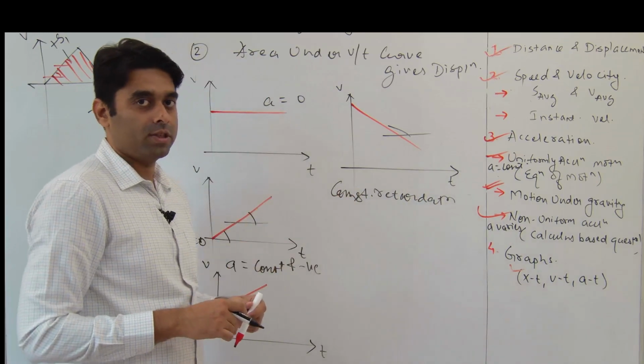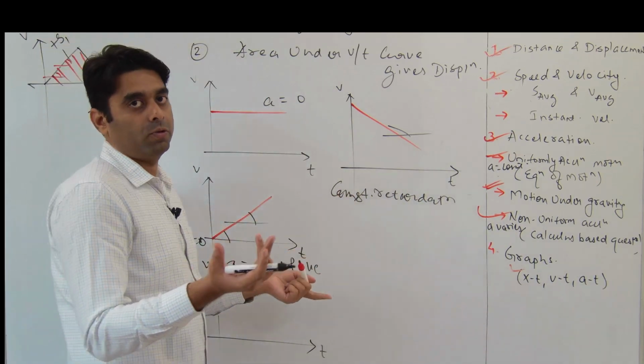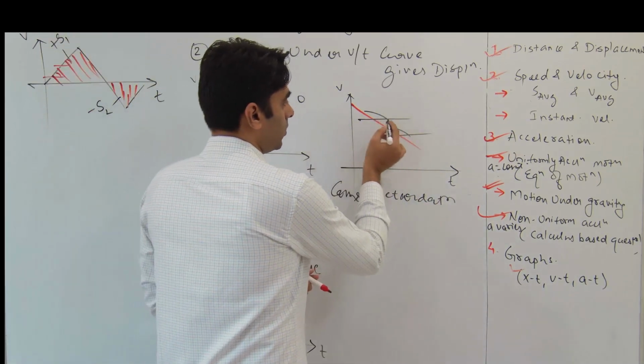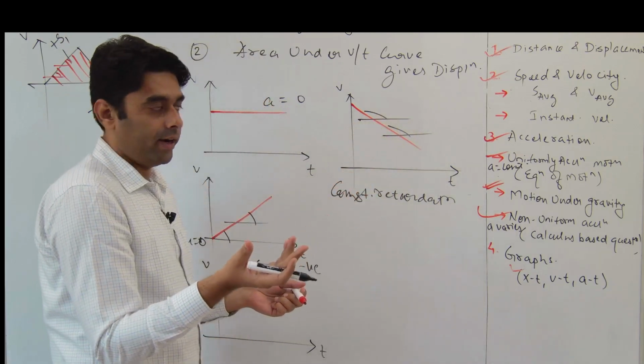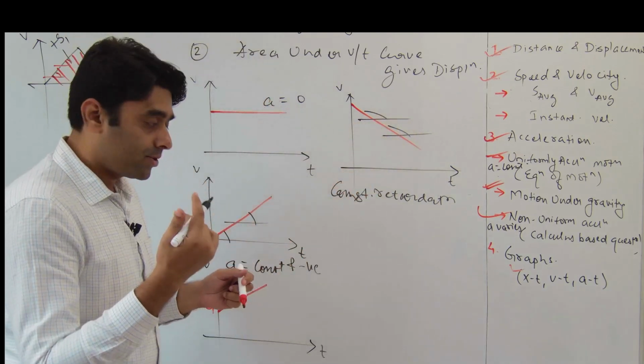Why am I saying constant retardation? Because the slope is constant. The angle is constant over here, right? So that is why. Next, if we take a look,